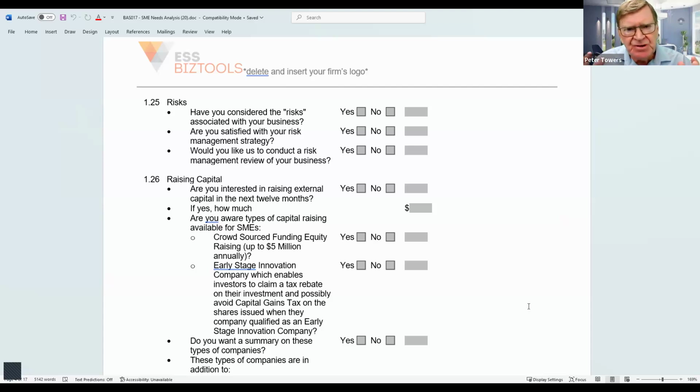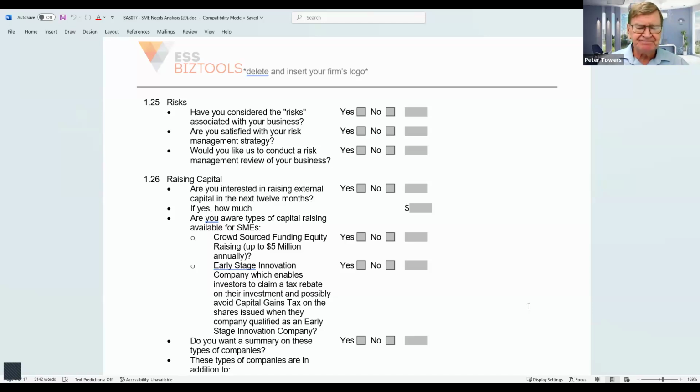But one of the opportunities which we now have, which wasn't available 7 or 8 years ago, is the ability to raise capital direct from the public. We did have one opportunity 7 or 8 years ago, and that was Section 708 of the Corporations Act. That enables a company to raise up to a maximum of $2 million in a 12-month period from a maximum